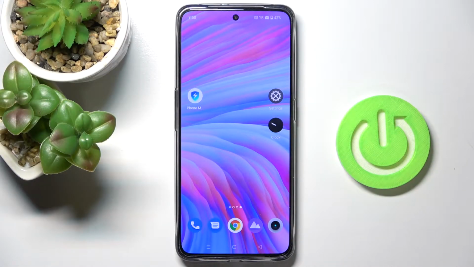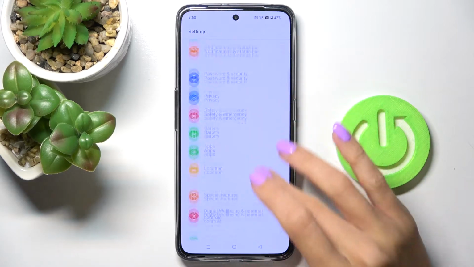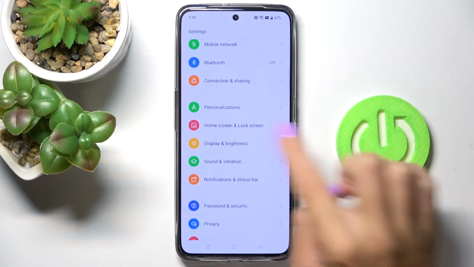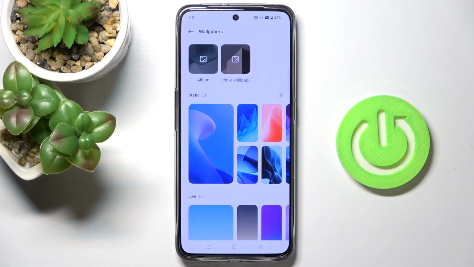Hi guys, in front of me is Realme GT Neo 3, and let me show you how to change wallpaper on this device. So first of all, you need to open the settings, then find and select personalizations, and here you will notice wallpapers. So just mark it,